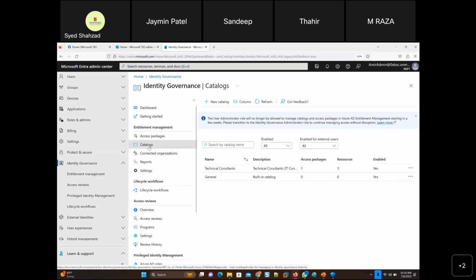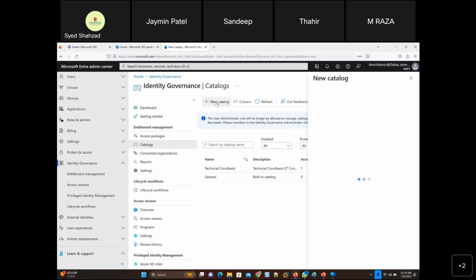So catalogs is just the type of, well, as the word says, catalog, that you want to gather some information under the topic. So you can just create, like, there are technical consultants. I think I've gone through that too, because it shows that technical consultants is created there. You can create a catalog of, oh, there are technical consultants here, there are managers here, there are entitlement management or identity governance, governance of usernames and passwords, or governance of credentials, right?